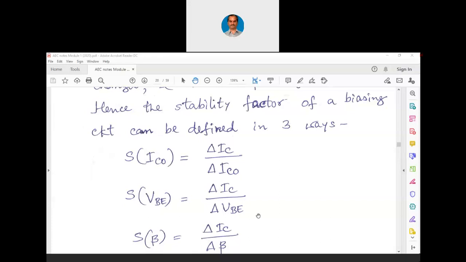Otherwise also, in the prevalent electronics industry, BJT is used less and MOSFET is used more. But as MOSFET is slightly difficult to understand when compared to BJT, we are discussing BJT as well as MOSFET in our syllabus. Otherwise, BJT is less used in the industry. You will know about the reasons why BJT is less used and MOSFET is more used in the coming classes